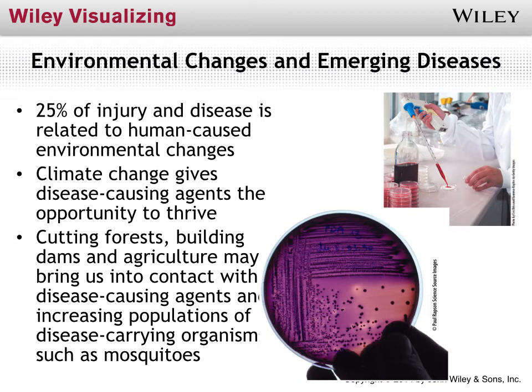As we continue to cut forests worldwide, as we continue to build dams, not so much in places like the United States, where we've pretty much dammed all of the major rivers that we can, but in other countries where they continue to build dams and use different types of agricultural practices, this can definitely put humans in greater contact with these disease-causing agents. And then as the human population continues to grow, these disease agents can continue to spread more rapidly. You probably all know that the higher density of people in an area, the easier it is to spread a disease.